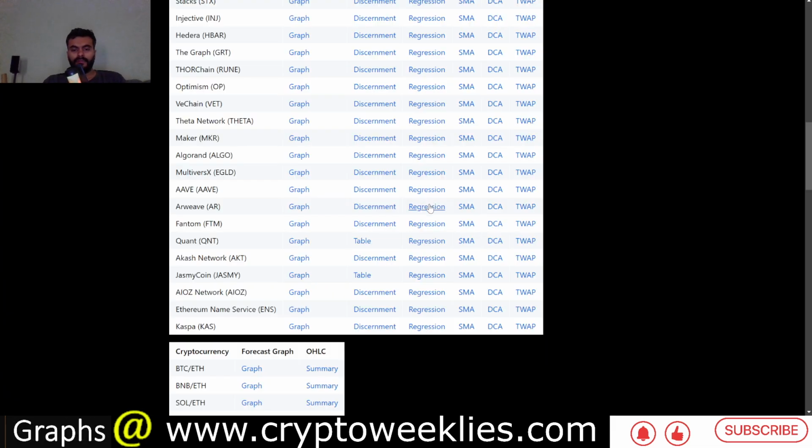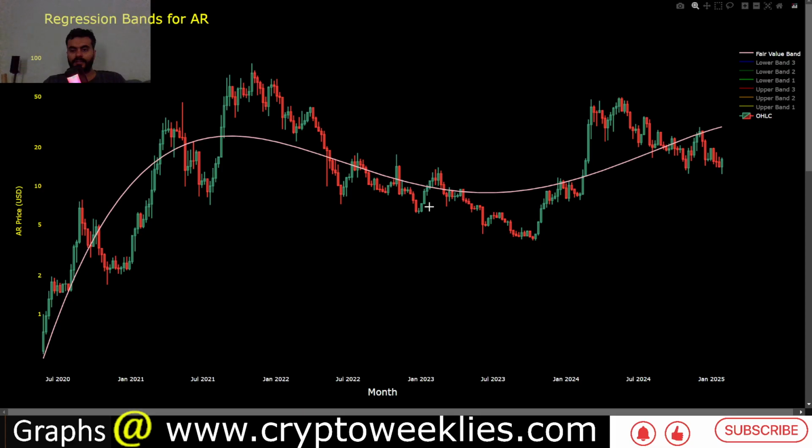So now that we have covered the machine learning side of things, the polynomial regression based fair value estimation for Arweave. This pink line denotes the polynomial regression fair value for Arweave based on the weekly price action since the token launch. And the attempt for this regression analysis is providing a non-linear model based fair value, wherever in the bull market the fair value exceeds or increases with time.